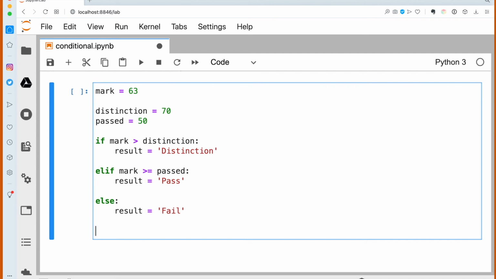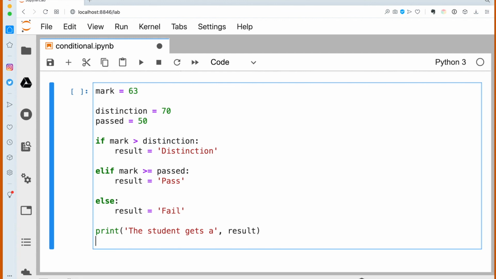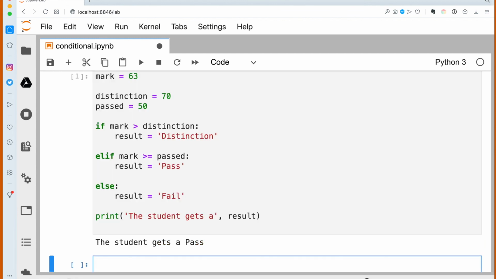And we can start by thinking about output. So output will be print. Print goes in round parentheses. And what are we supposed to type? So we type the text, the student gets A, and text is finished, and the second argument is a variable, namely the one called result, and that variable needs to be separated from the text by a comma, because we have two items in that print function. So execute the code, and we say the student gets a pass, and that's based on a mark of